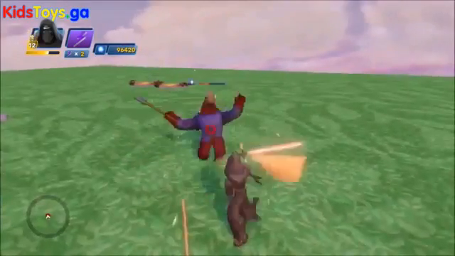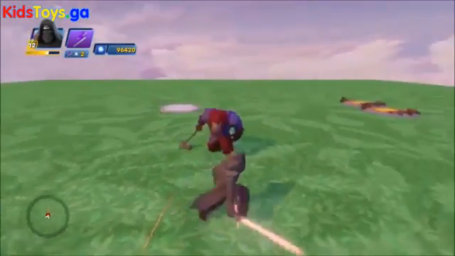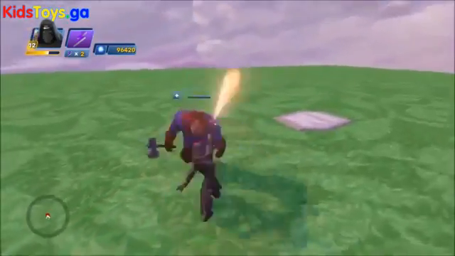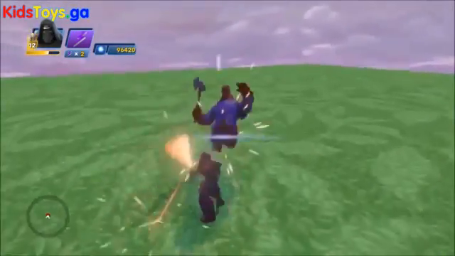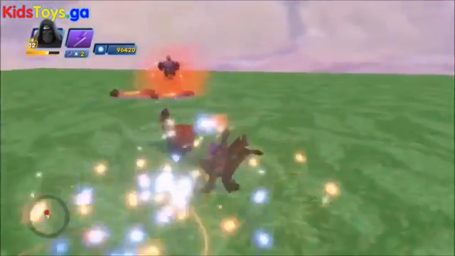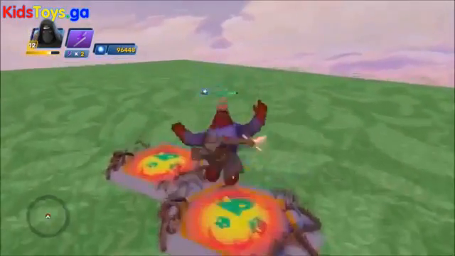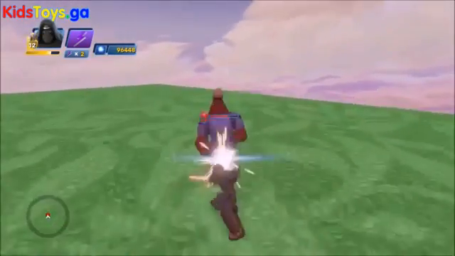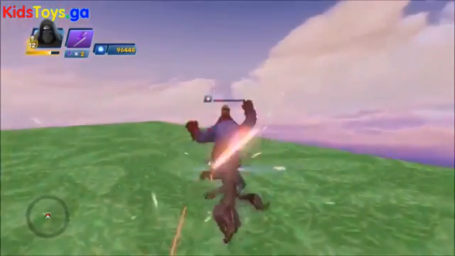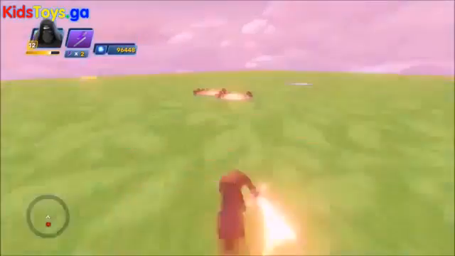If I just use my normal attack and I hold right, for me it's D, for you it might be a joystick, I have to wait for him to do that before he'll start moving to the right. So I'm just using the attack and holding right. Whereas I don't have to wait that long if I just keep mashing the button. Disney Infinity is actually very mash friendly. For a lot of attacks and a lot of characters, you can just sit here, like I'm just mashing away on left button right now, and it's fine. You'll get that nice little attack sequence. It's handy, it's effective,